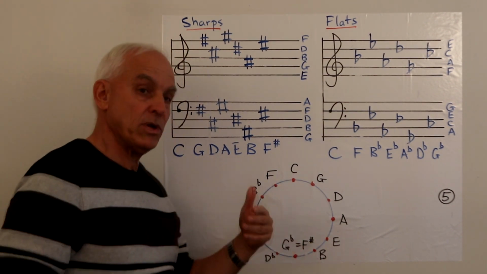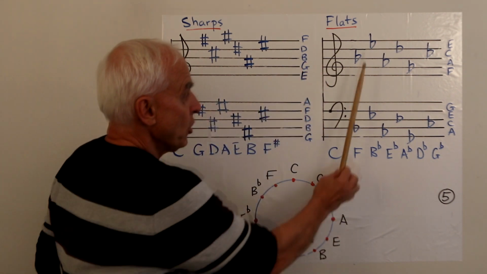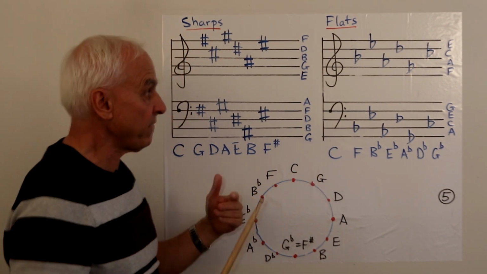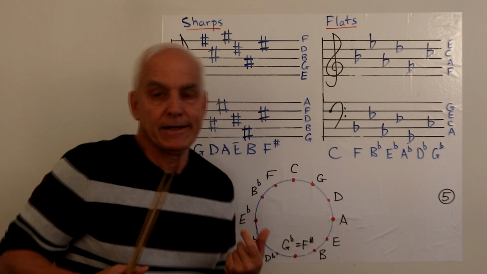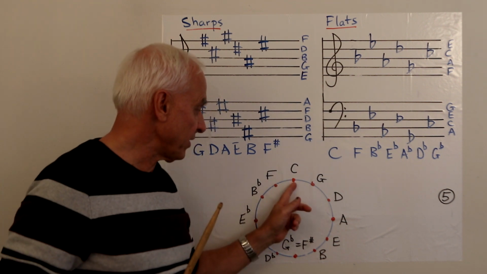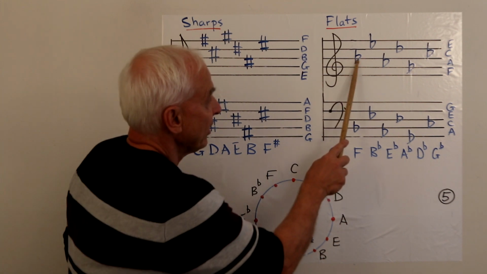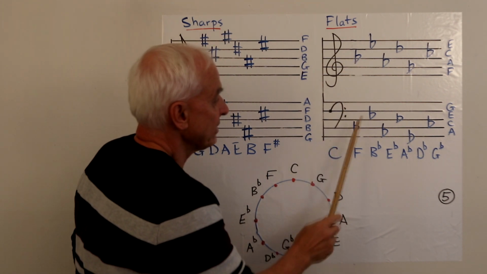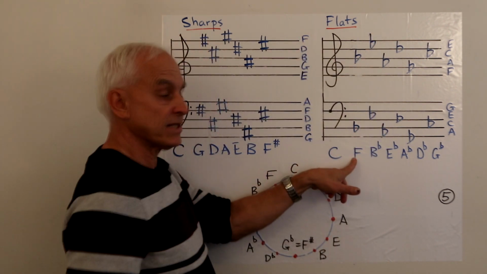On the other side, we describe things in terms of flats. Again, starting with no flats for C. And then as we move in this direction here, we're adding flats. So to go from C to F, we need to flat the 11th. Which one is the 11th? The 11th note in C is B. So we have to have a B flat. That's what this thing here is. So that's the note B in the treble clef and in the bass clef. So just a single flat here and here, that tells you that you're in the scale of F.